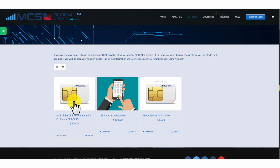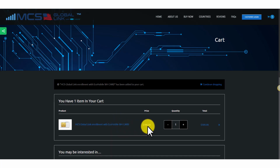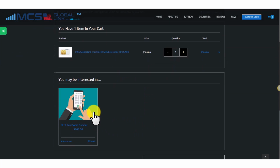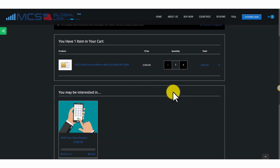So if you are getting a new SIM card, the first thing you want to do is add to cart. You're here to get a new SIM card, and if you don't care about the phone number, just hit add to cart, and it will add that to the cart. As you see, there's a check mark there. Now, if you want to keep your same number, you can go back in, and it's going to suggest that you may be interested in it. If you're okay with the selection that you made, then you can literally check out, and then this will be processed, and you'll get your MCS